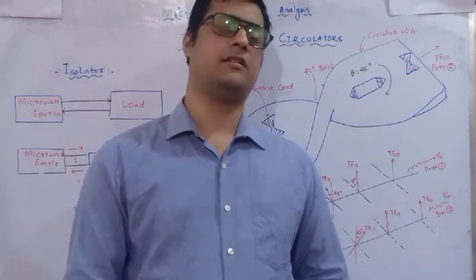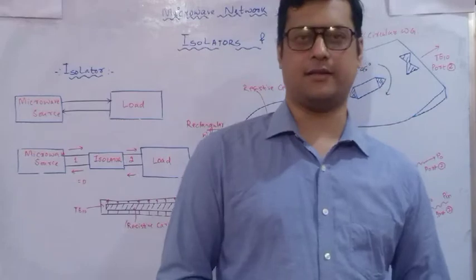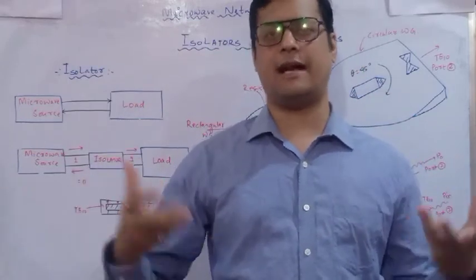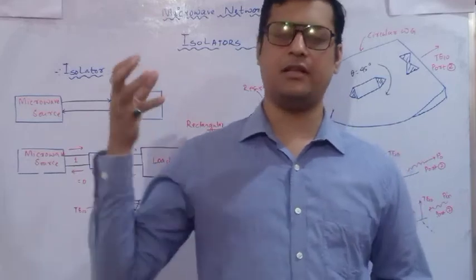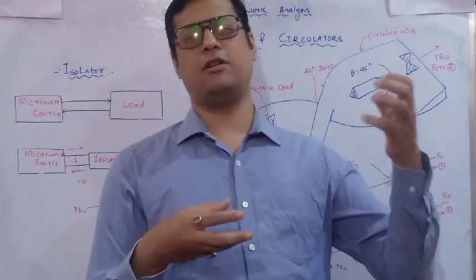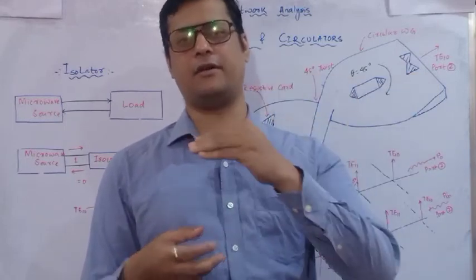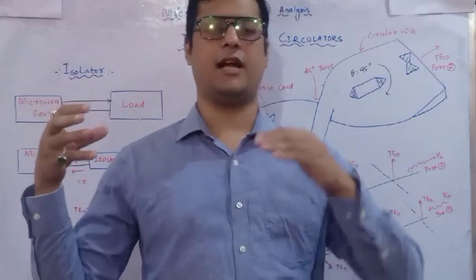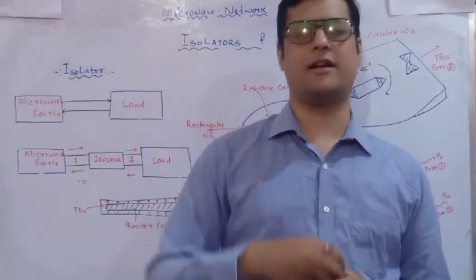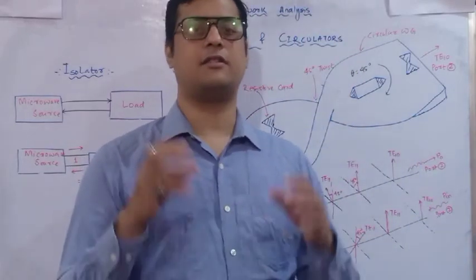So there are some devices that will help to restrict that reflection, since the reflected wave reverts back to the generator end and acts as an attenuation. Whatever power we are feeding to the load end, due to the mismatch some reflected power is generated at the load, and that reflected power moves towards the generator and obstructs the input power from the generator end. This obstruction is called attenuation. So this acts as a noise.